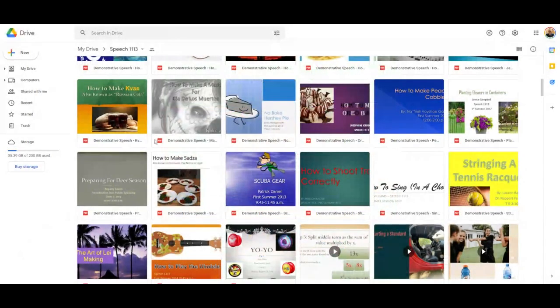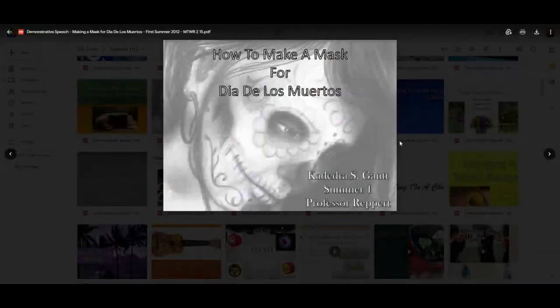Now, from that point on, at the website, we have other representative examples of topics, and this goes back 10 years to my afternoon course that was actually taught in Cross Hall. Making a mask for Dia de los Muertos, which is Day of the Dead. Here we've got no-bake Hershey pie. Here we have how to make Oreo balls. So for Dia de los Muertos,